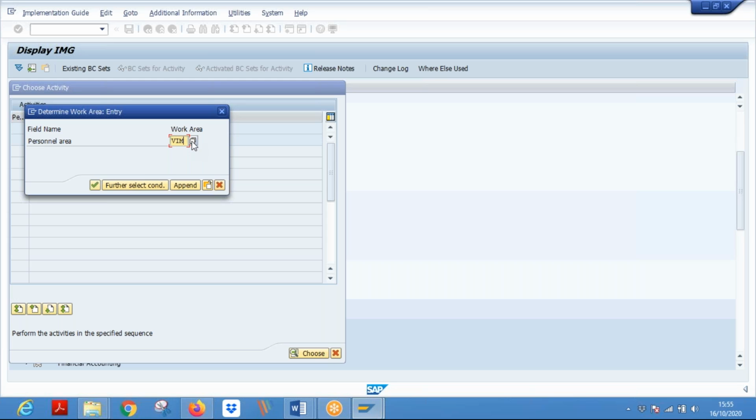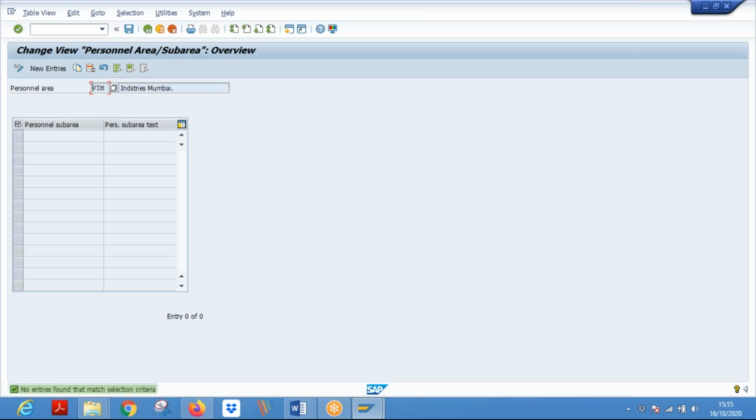If you forgot, you can click here on the drop down and you can search with your company name. VIM, that is VI Industries Mumbai. Here in this personnel area, I'm going to assign sub areas. So click on new entries